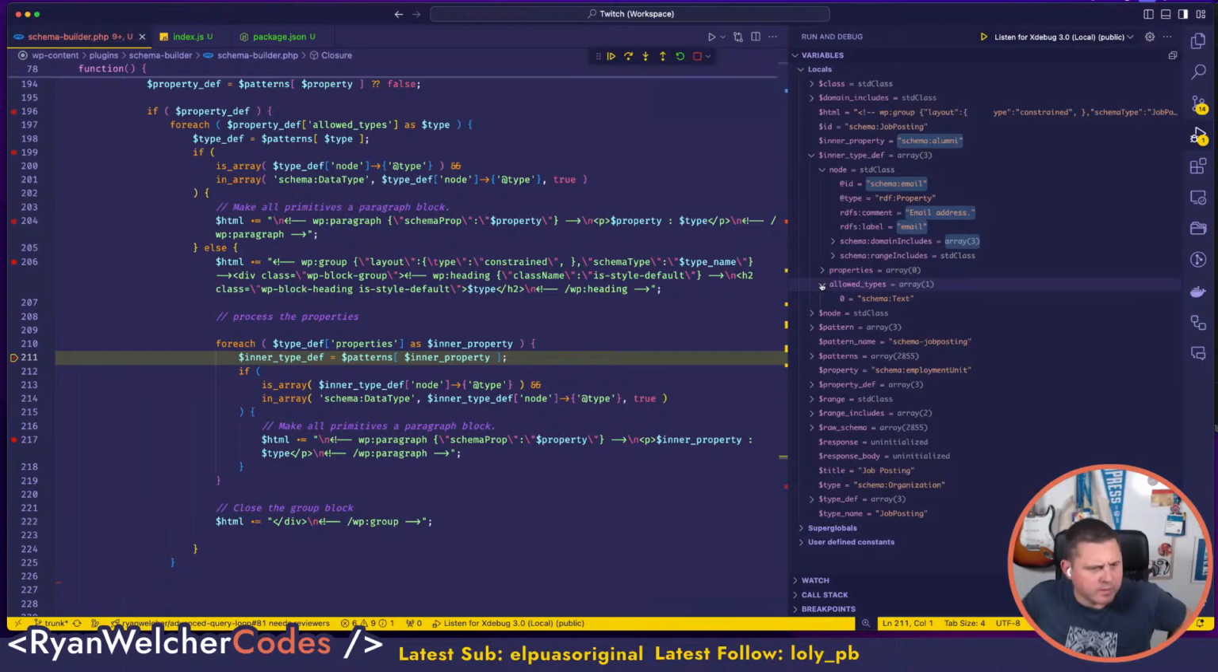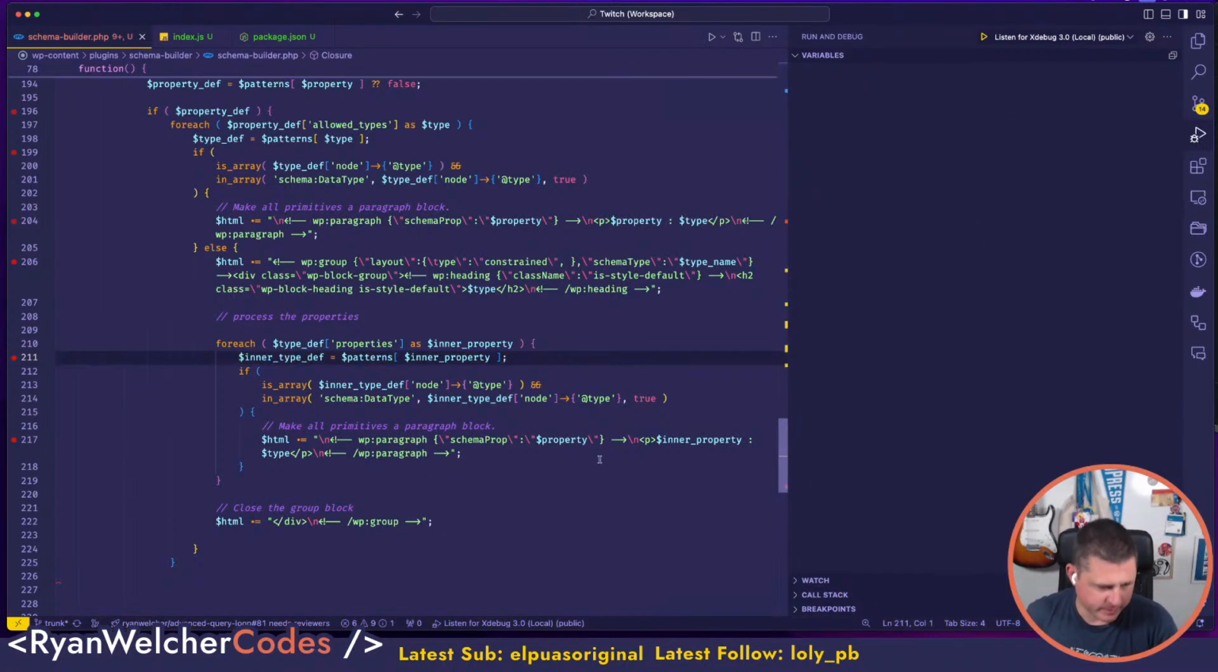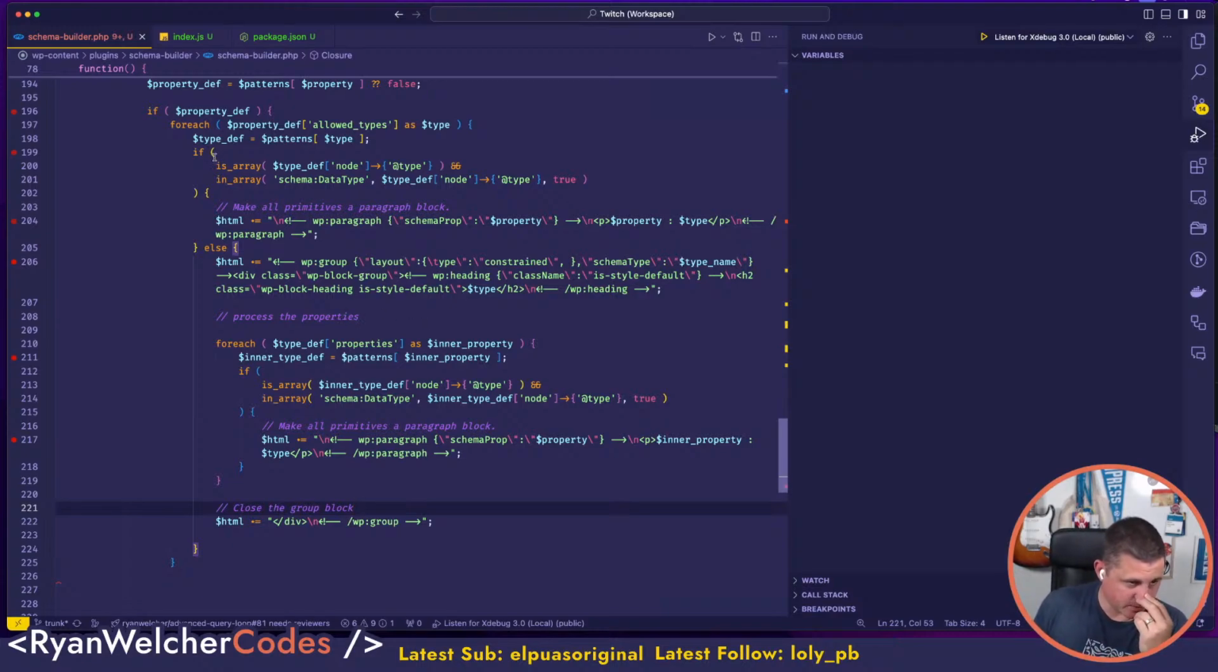I think I'm doing something wrong here, because... oh wait. I think I'm doing this wrong. I think this logic's incorrect. So the properties of, okay, so if